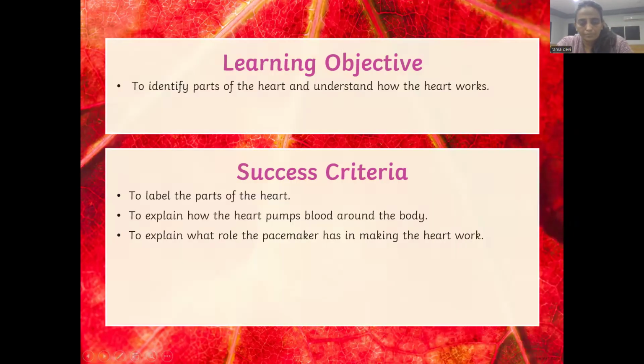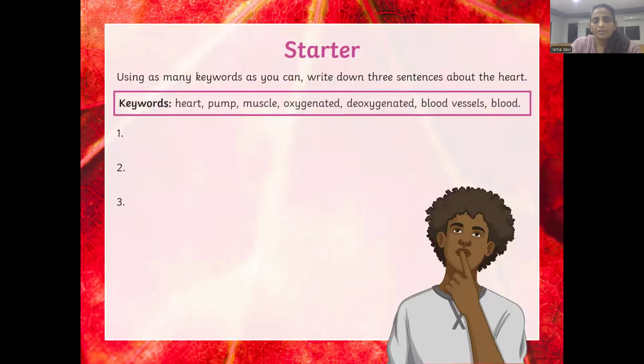Okay, so before we start discussing the structure and functions of the heart, we need to know these terms, because these are the key terms that we'll be using in the description. If you are able to make a few sentences joining these jumbled words, for example, the heart is a muscular organ which pumps blood to different parts of the body, and the blood that it pumps might be oxygenated and